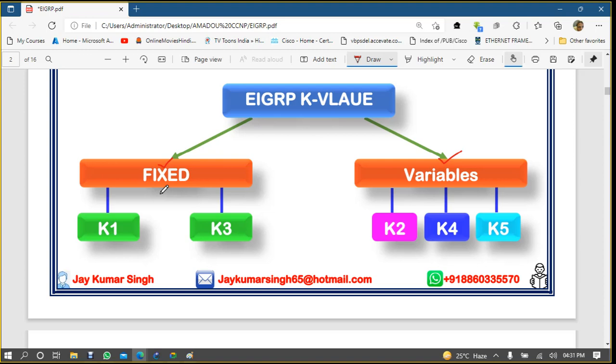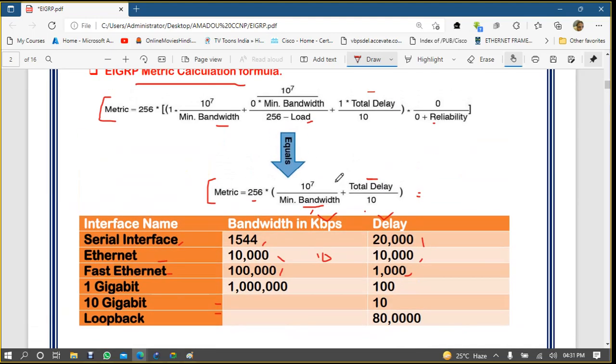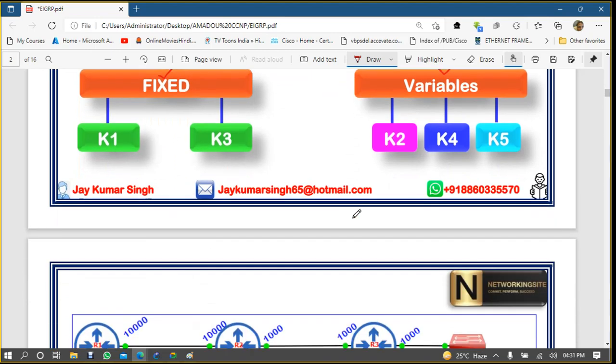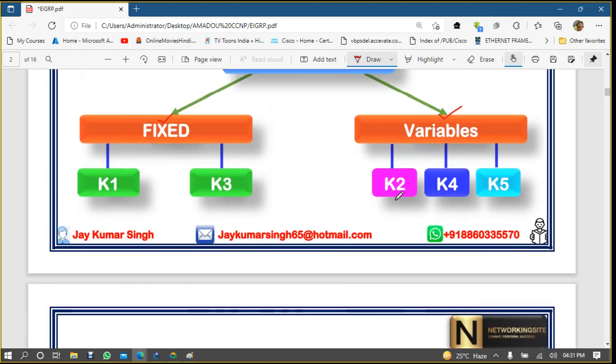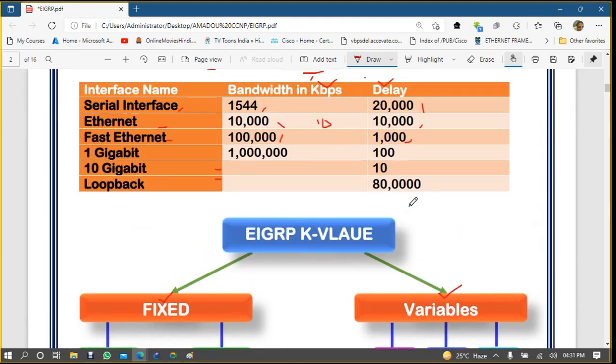It will not be constant. Normally K1 and K3 are always fixed, meaning your bandwidth and your delay are always fixed on the interface. But K2, K4, K5 are not fixed, they are variable. Now see how they are variable.